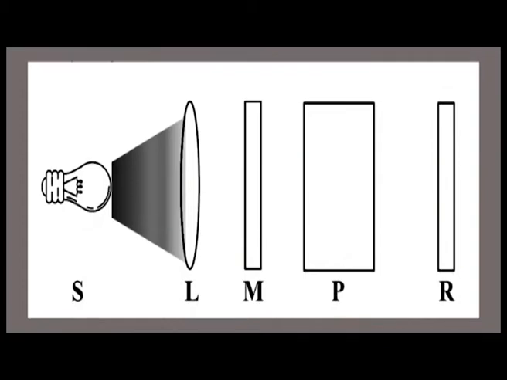Now, let us discuss the experimental setup for a photochemical process. The schematic diagram for a photochemical process is shown on your screen. Here, S represents the source of light emitting adequate intensity in the desired spectroscopic region. L represents the lens and M is a monochromator to use a particular wavelength of light. P represents a photochemical cell containing the desired reaction mixture, and R is the receiver for the measurement of the